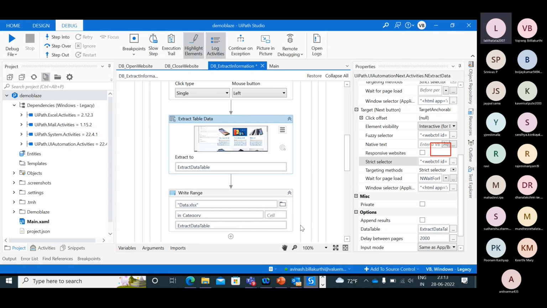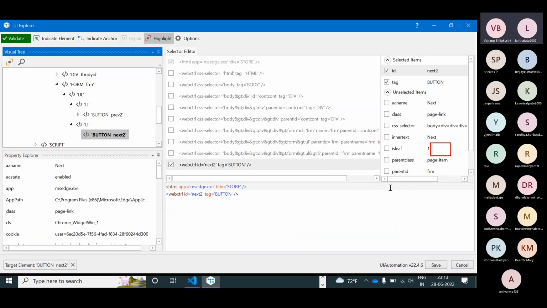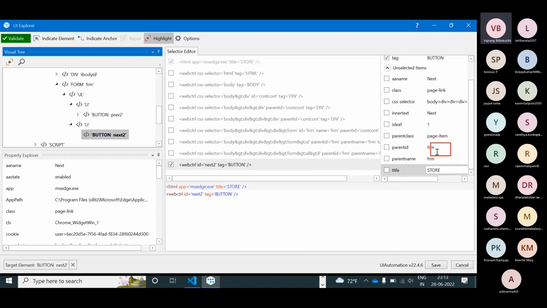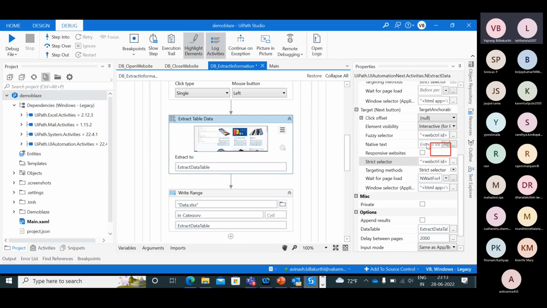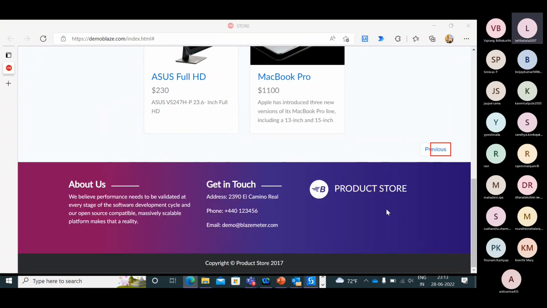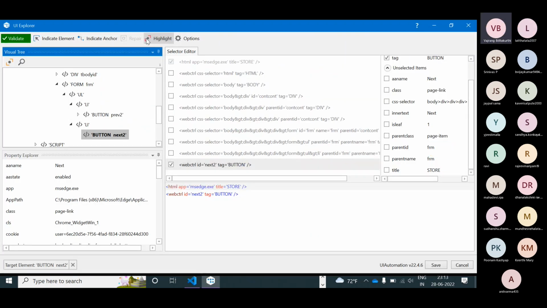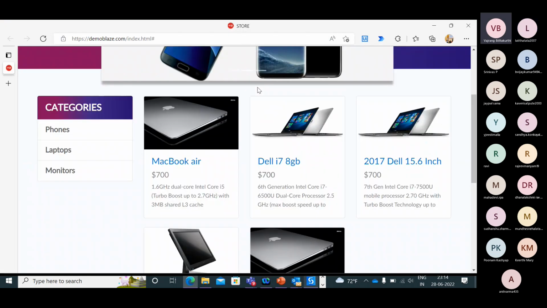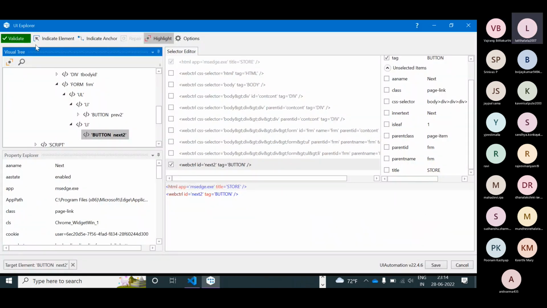Okay, now see here, this extract table is not able to identify whether it is available or not. For example, let's assume that we go into the next page and this button disappears, right? Yeah. But even if it is disappearing, it is still highlighting it somewhere and it is valid. Maybe anchor? The button is valid.